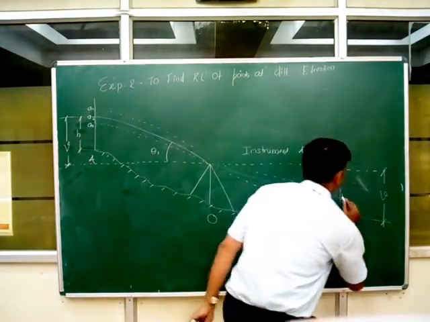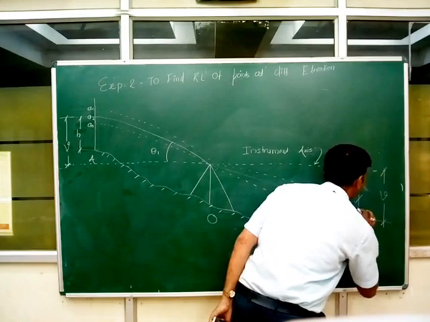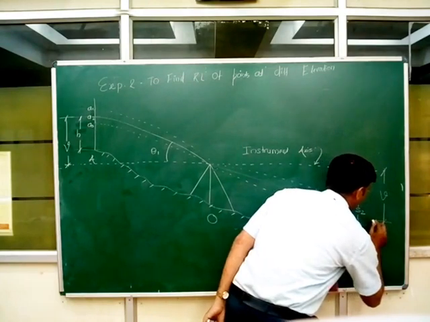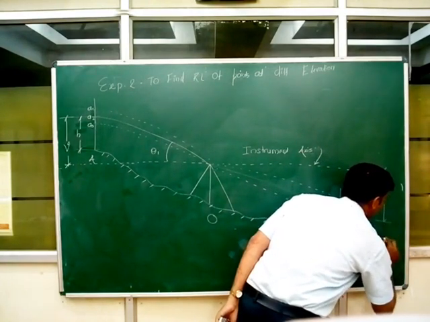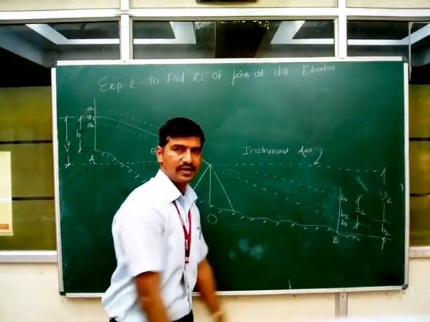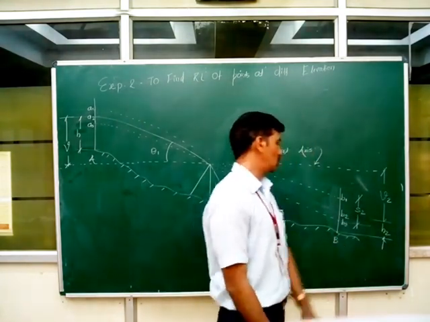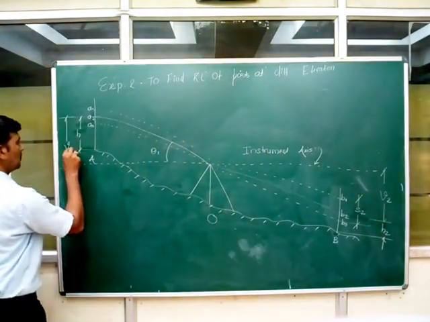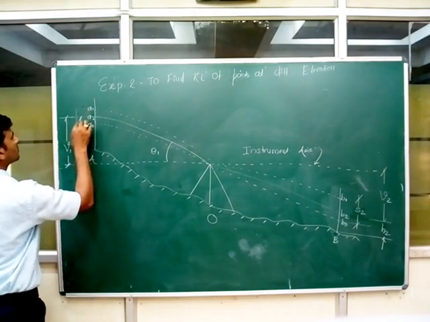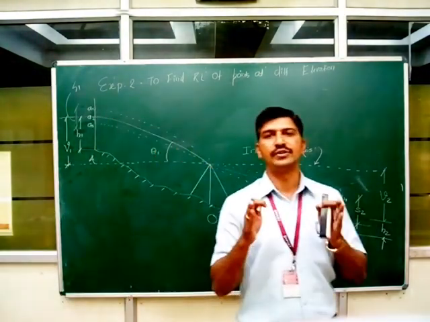Got it? B1 and B3, this distance will be say S2, staff intercept S2, and from B2 to the ground, this distance is H2. We will say it as B2. As it is second case, so we will name the second case terms as S2, V2 and H2. On the same line, we can go for say V1, H1, and the distance between A1 and A3, this is S1. S1 is nothing but your staff intercept.